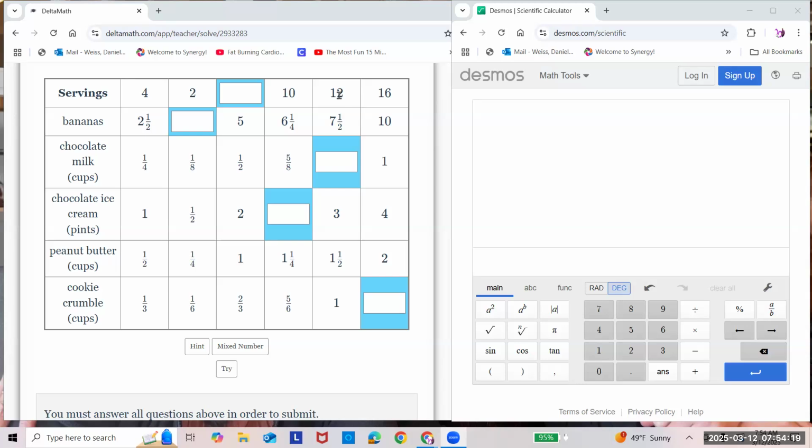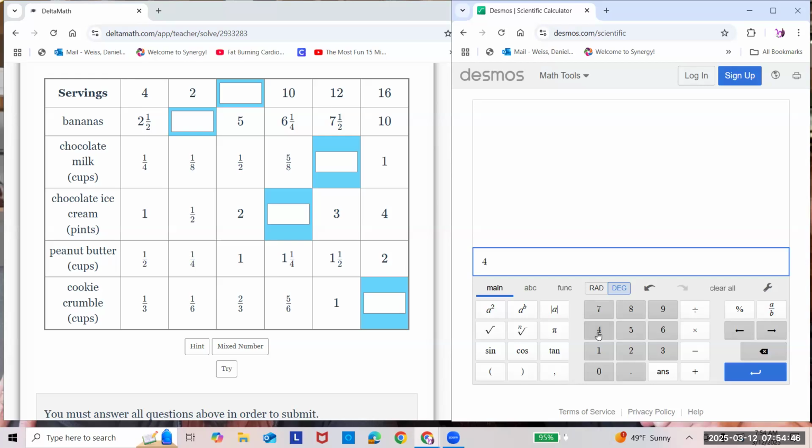All right. So, for example, if 4 servings, you have 2.5 bananas. All right. 4 divided by what is 2.5? What you need to do is go to your Desmos.com calculator. All right. So look over here at Desmos.com, and I'm going to do on the calculator, I'm going to hit